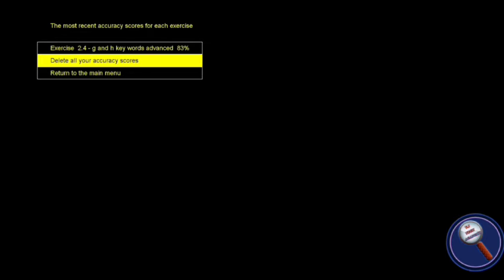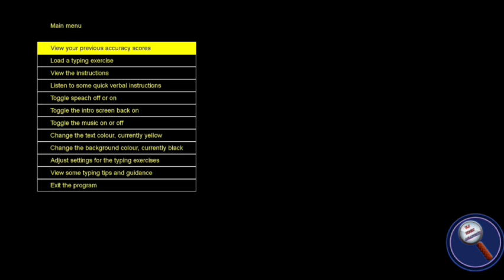You can delete all your accuracy scores, and you can return to the main menu. You can again attempt any exercise, and based on your attempt, you will get the scores. For beginners, if you use this software at least daily for 1 or 2 exercises, then your typing speed will be